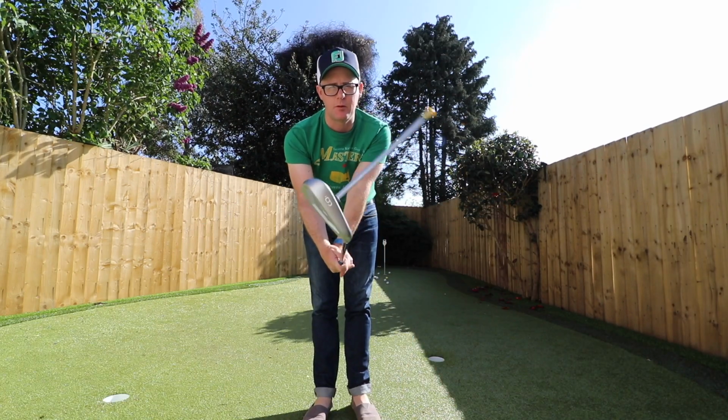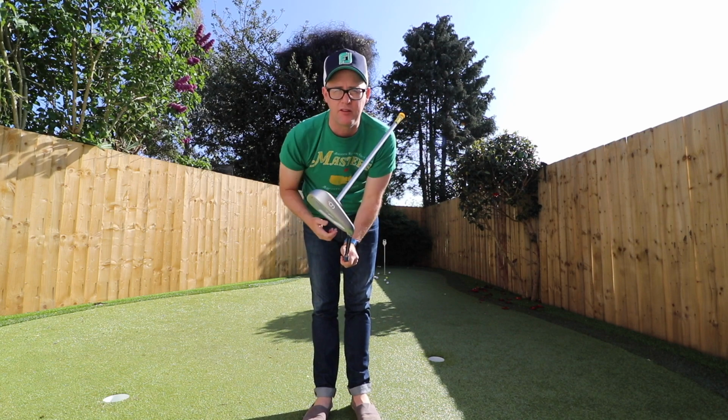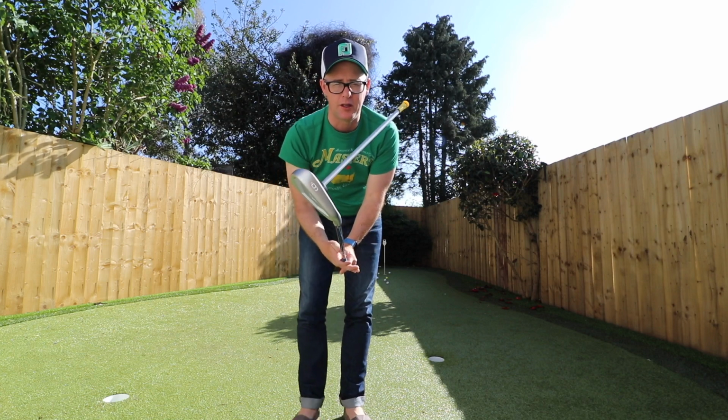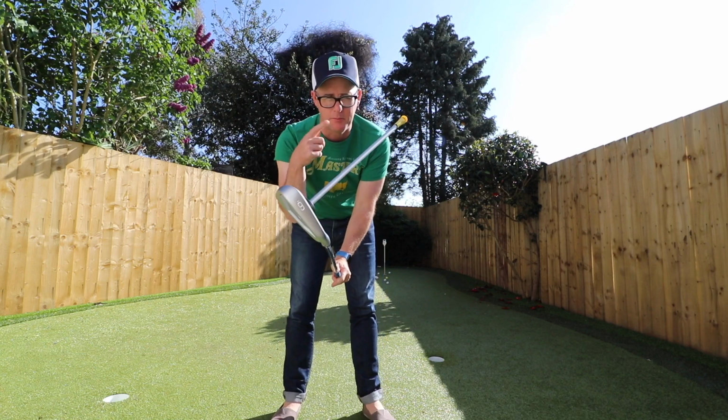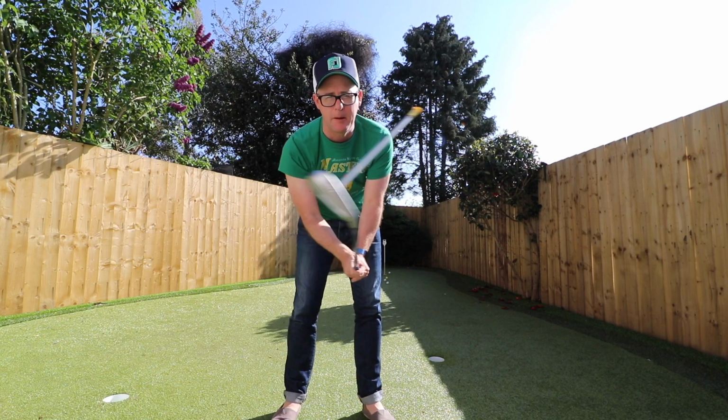First idea for students like this is you've got to get them to understand loft, and then how players unconsciously decide how to control loft in relationship to face and path. Think about this. If I turn the face this way, so let's go around the axis of the shaft, people call that open, and yes, it can point the face right, but that face isn't right of anything yet because I've not swung on a path. So I would say I'm adding more loft to the club than where I started. Now, if I add loft to the club, but I don't want to hit the ball high and maybe to the right, let's say if I was to swing on a straight path, what I do